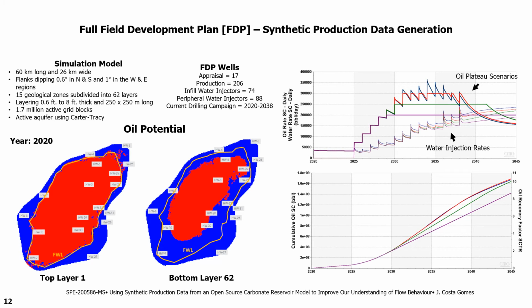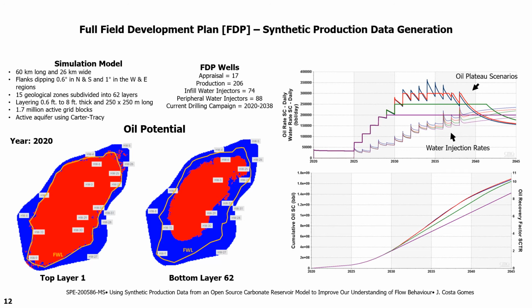We did not upscale the geology, so it's still very high resolution. It's 15 geological zones subdivided into 62 layers. The layering varies between 0.6 of a foot to 8 feet thick, and all the cells are 250 by 250 meters long, giving it a total of 1.7 million active grid blocks. We included an active aquifer using Carter-Tracy, and now I'll start to show you over the next couple slides